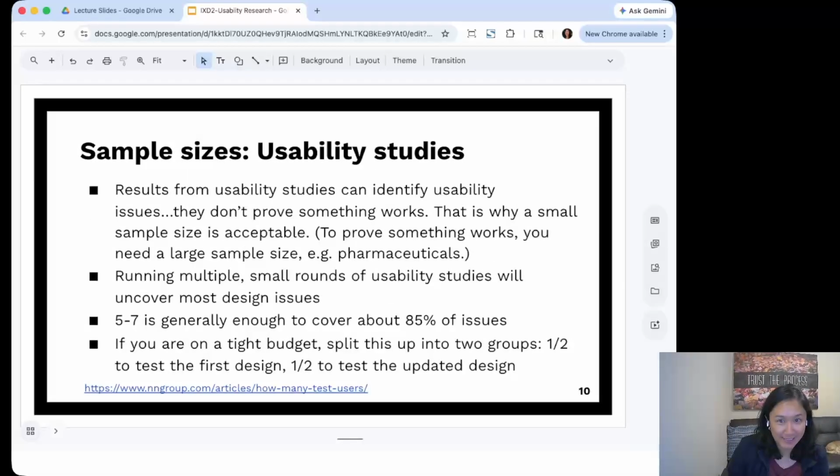When it comes to sample sizes, I would say that this is a hot topic many times over, at least in the companies that I've been in. So, with statistical significance, it requires a lot of participants to arrive at a conclusion that can be generally applied to the larger